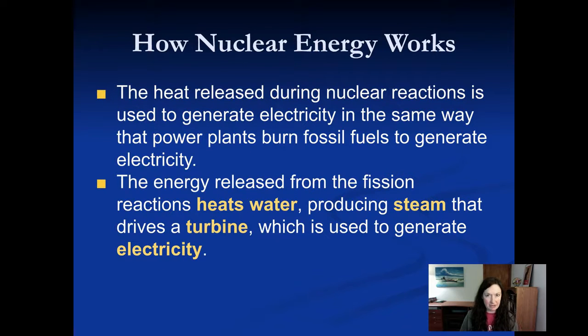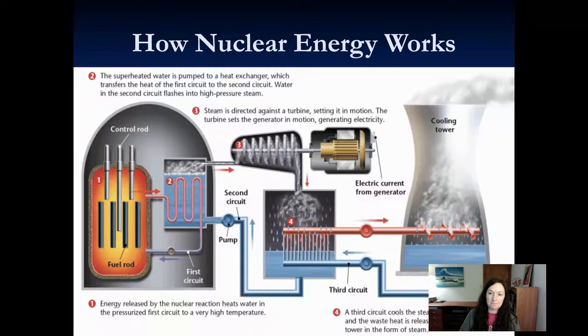So, how does nuclear energy work? Well, it's actually very similar to how we saw coal, oil, natural gas, and other heated types of power work. The chemical reaction from the nuclear fission is used to heat water, and that produces steam, which turns a turbine, and that turbine creates electricity through a generator. So, again, it's pretty much the same exact process as you see in a coal power plant or a natural gas power plant. It's just the source of heat for heating the water is nuclear fission instead of burning coal, oil, or natural gas.